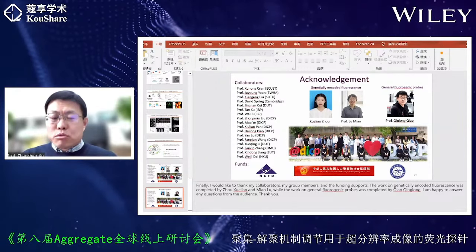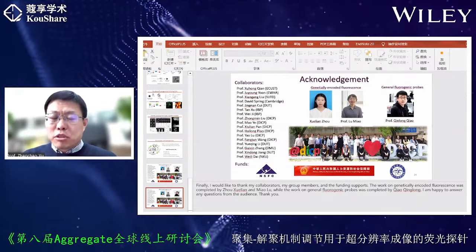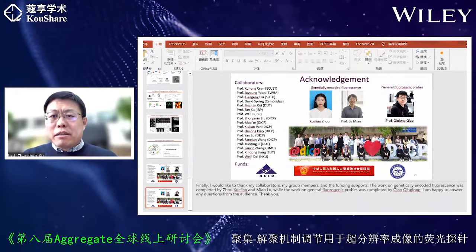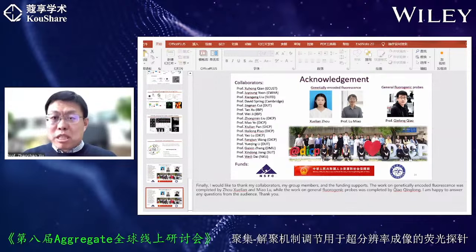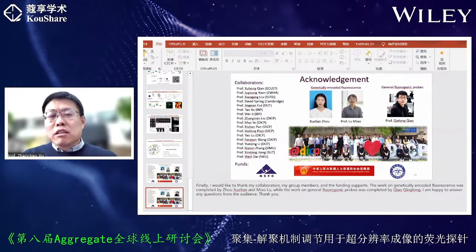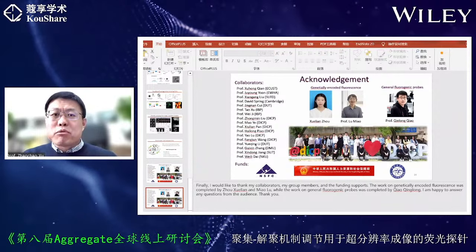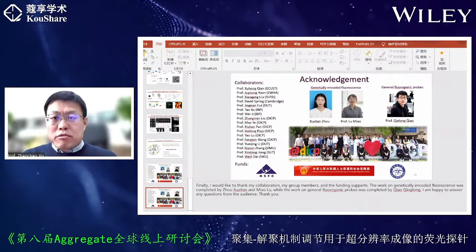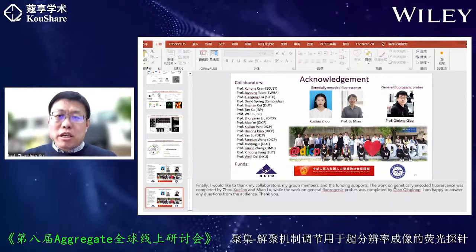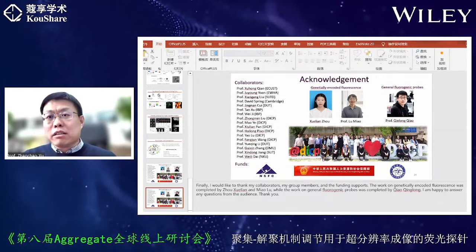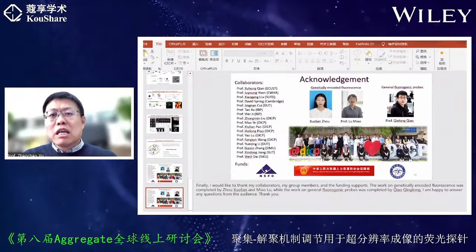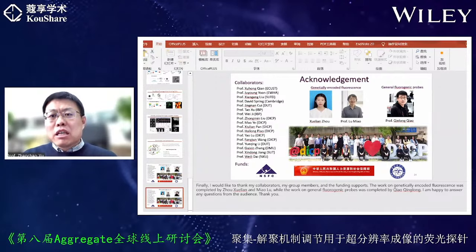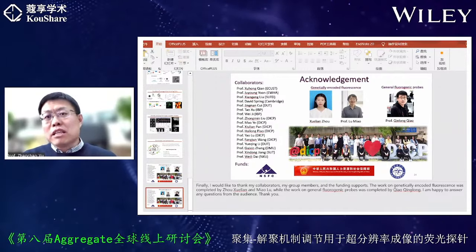So rhodamine is also photostable. Particularly for silicon rhodamine, it is the most stable fluorophore until now. Cyanine dyes are also very bright, but the stability is not good. So at the very early stage of the research, cyanine dye was chosen for super resolution imaging, but because its stability is not good, years later rhodamine was chosen instead of cyanine dye.